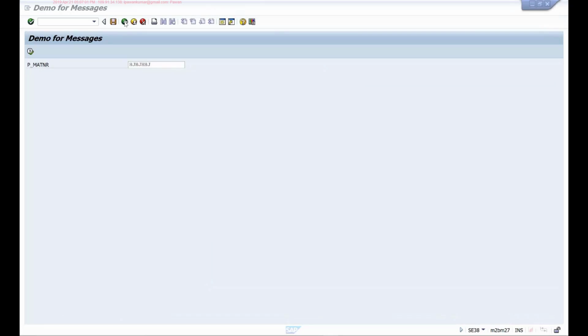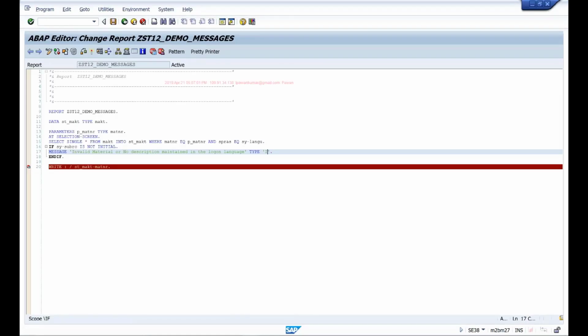And abandon message works similar to error message, but it is only applicable if you are doing some database updates and you want to automatically roll back those updates. It's a bit complicated for you to understand what is this database rollback and all these things. We'll talk about this abandon message later when we talk about something called SAP logical unit of work. So that basically allows us to either update all the data at once in the system or nothing. So either all the data goes or nothing goes into the system to prevent any partial updates.